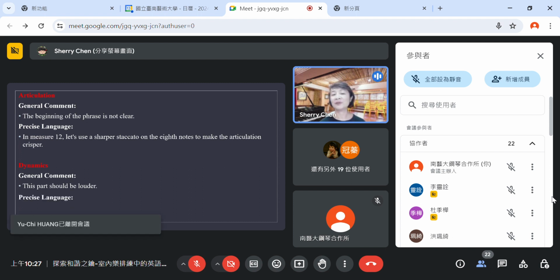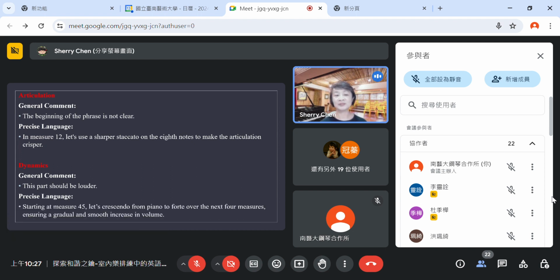OK, but if it's a good rehearsal, the musician will probably say, start at measure 45. Let's crescendo from piano to forte over the next 4 measures, ensuring a gradual and smooth increase in volume. So here you are addressing the duration from measure 45 over the next, so from 45 to 49. You're also addressing the duration of 4 measures, and the dynamic change should go from piano